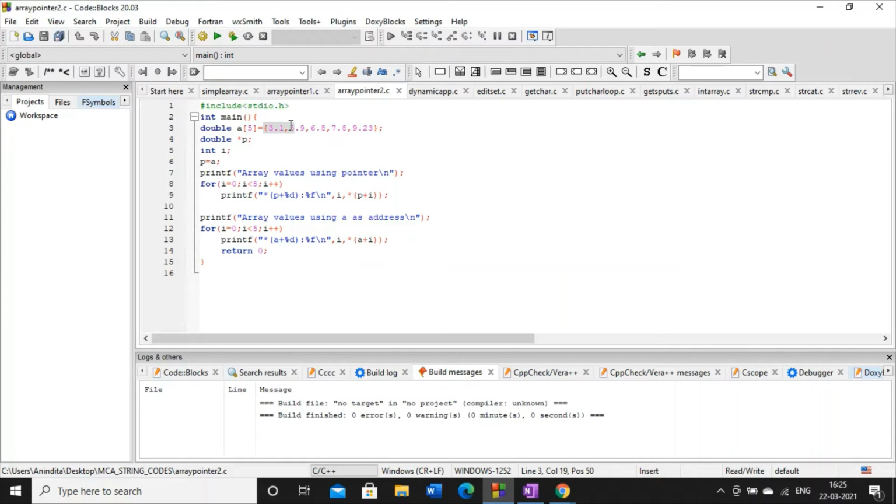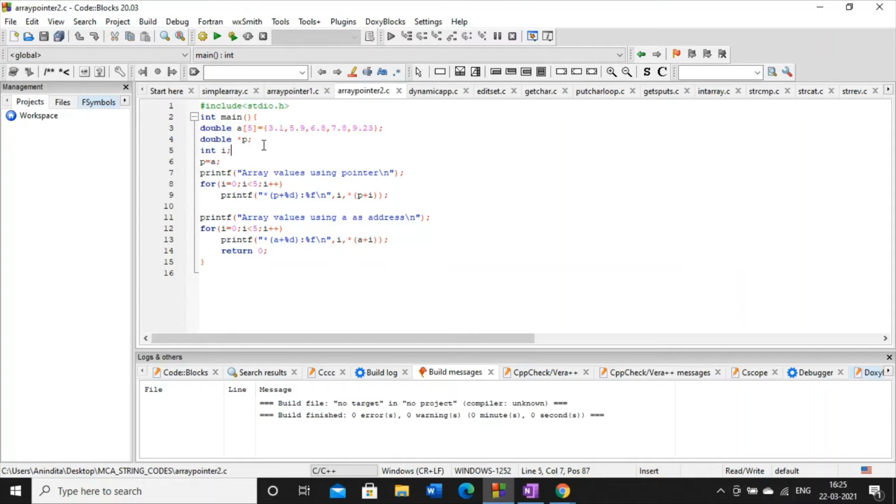I have taken all the values statically, and this program is also a classical example of the double data type. Whenever my array is defined as double, I can take decimal values, like 3.1, 5.9, something like this. So my first point is, apart from integer arrays, we may have an array of type double. This is how we can take static values in a double array.